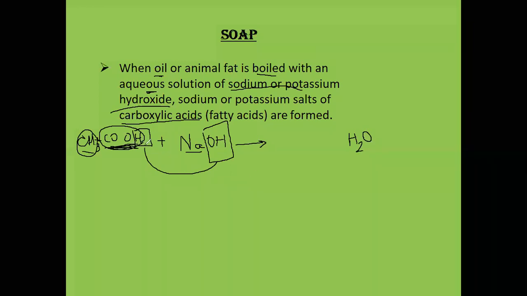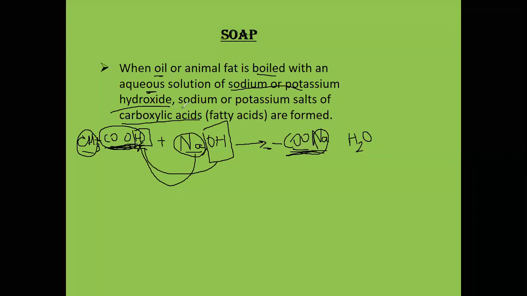And when this place of H is left vacant, because H has come out from the reaction, and this Na is also standing alone, this Na goes and takes the place of H, and I get the formula as COONa, where any carbon can come and attach ahead of this place. Important is the change which is taking place here. CH3COONa. So this is called sodium salt of carboxylic acid.